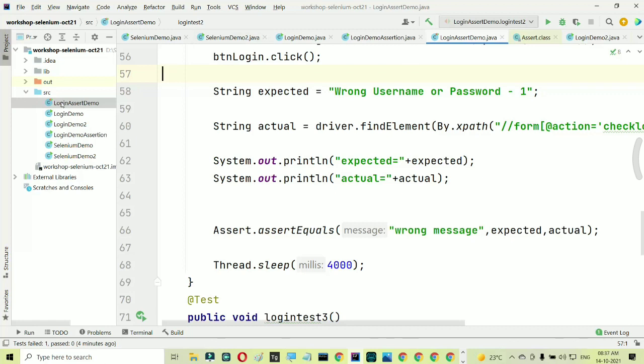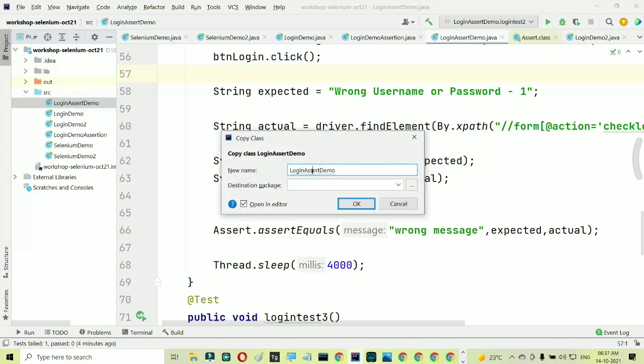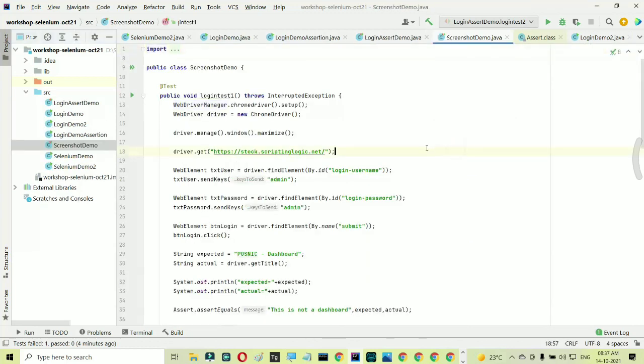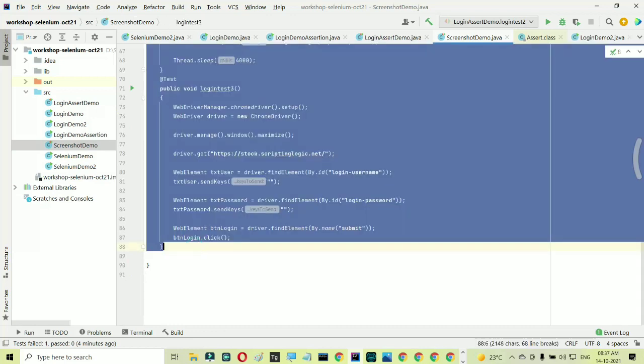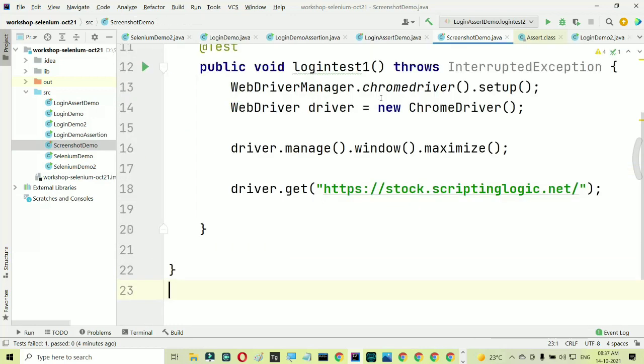Just see, there are a few simple steps, and for that we'll take one example. Copy and paste. Let's say screenshot demo. Here I will have one test, up to opening a URL.